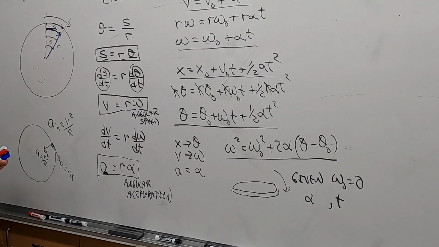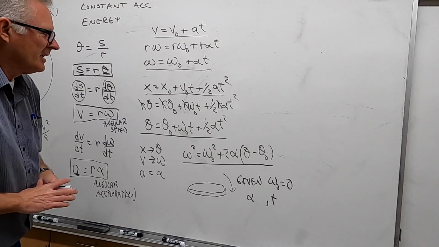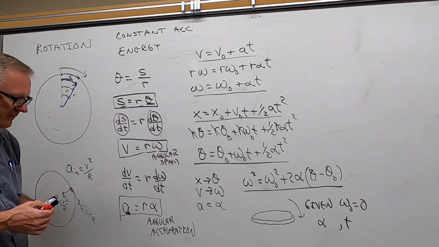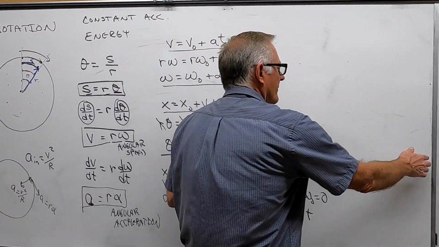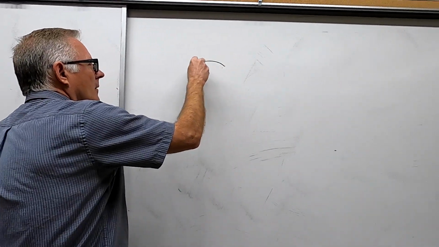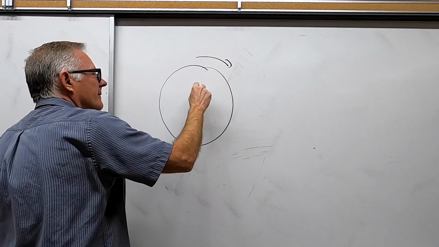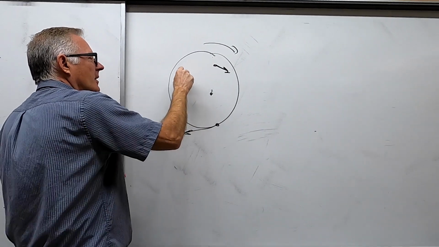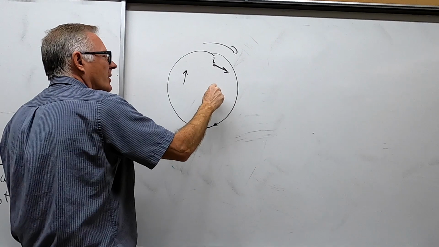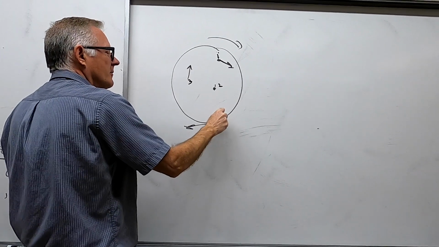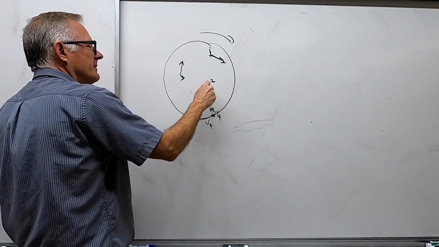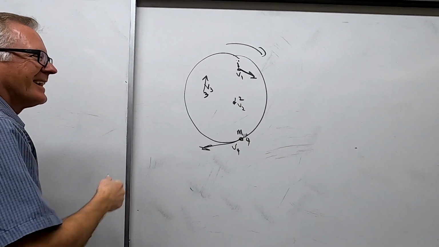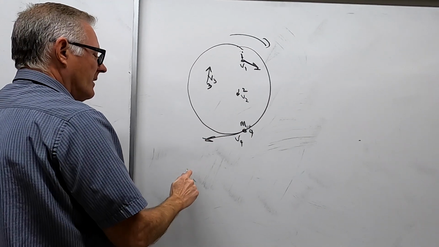So I didn't give you too many with constant acceleration because it's more important that you get down the energy part. And so I wanted to say, what is the equation for rotational energy? Well, if we come back to our disk, and this thing is spinning, if you looked at a little particle there, it's going that way. This one out on the rim is going even faster. So if I look at all these, let's call this particle 1, particle 2, particle 3, particle 4, with speeds v1, v2, v3, v4. If I wanted to find the kinetic energy of all these pieces, I'm only drawing a couple of them, the total kinetic energy,